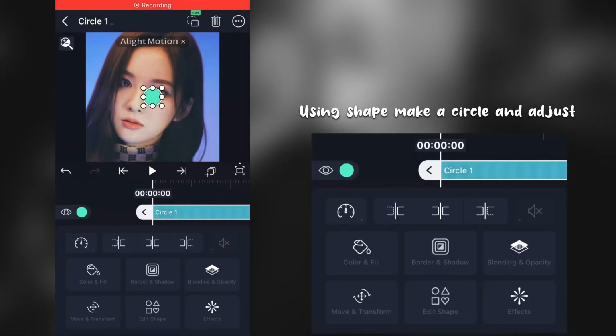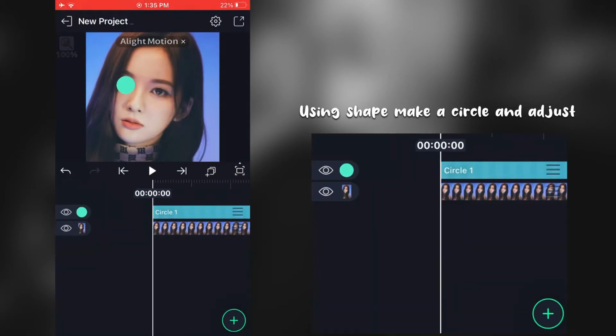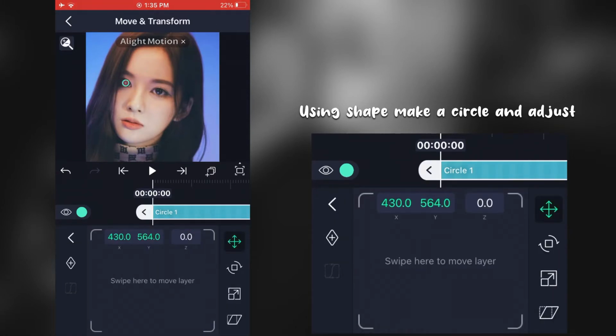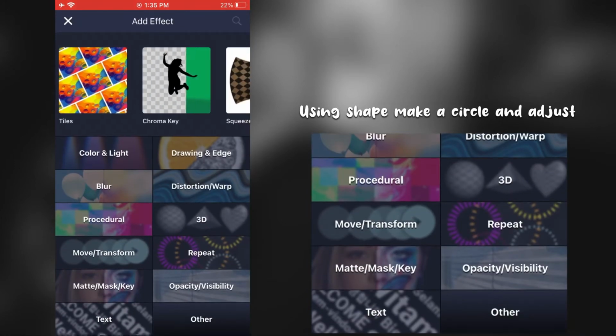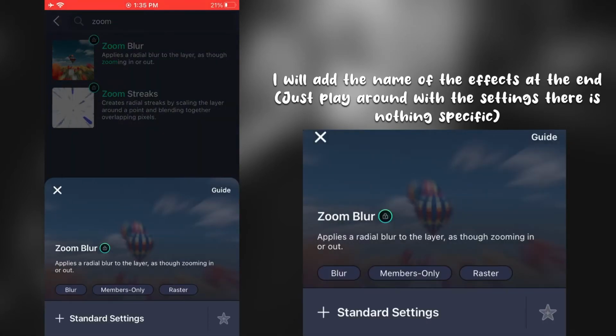Hi, today we're gonna be making the glow eye. For this you're gonna use the specific shape circle. Don't use any other shape, and it's pretty obvious why I'm using circle. You can adjust it according to the eye. And now whatever effects I'm using here are very important, so make sure that you use each and every one